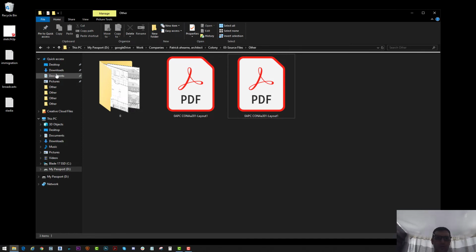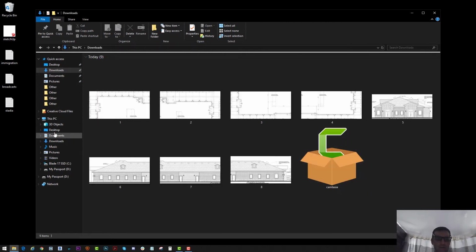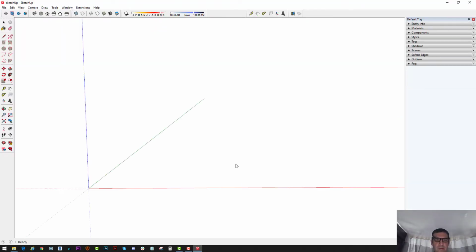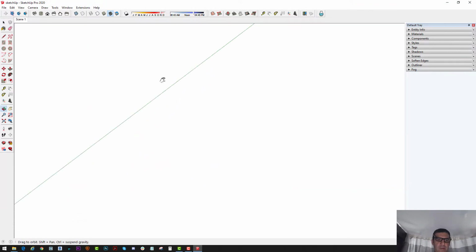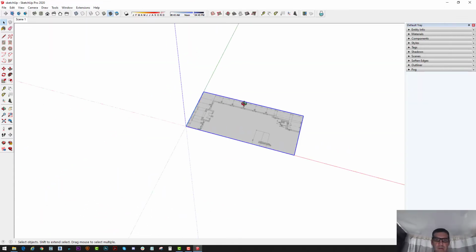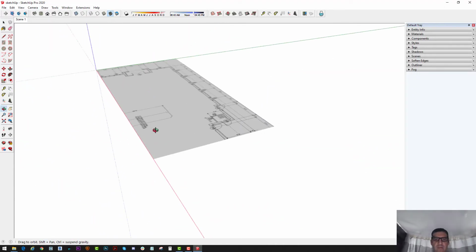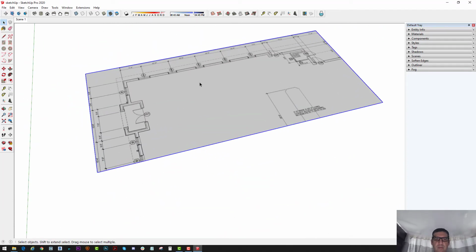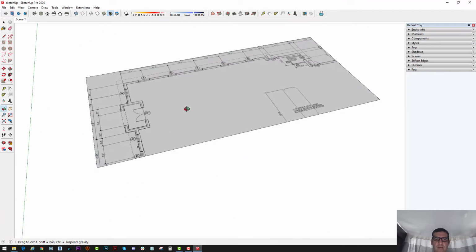Okay, so now I've got all these images. I'll open up Sketchup and do the makeshift method. So I'm still going to drag in the images, but this time I don't have it scaled correctly from Photoshop. So I'm going to right click, explode,